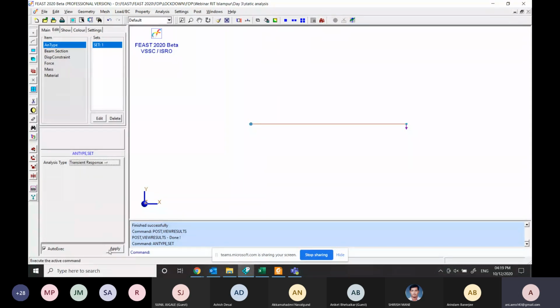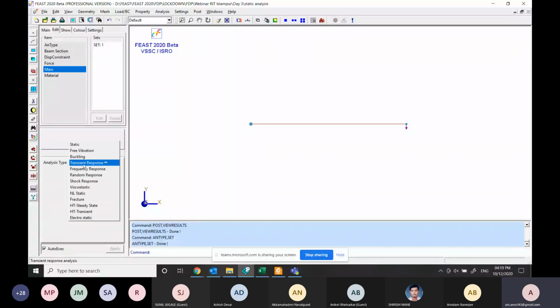I'll click on transient response and apply. So in 3 steps we are performing the analysis. First is the static analysis to calculate the static deflection, second is to calculate the natural frequency, and third, we are performing the transient response analysis. So I'll click on apply.